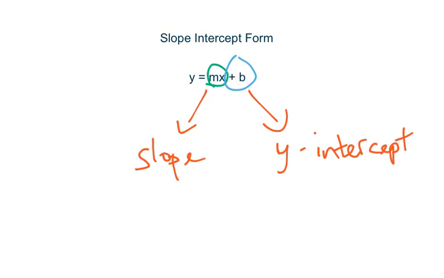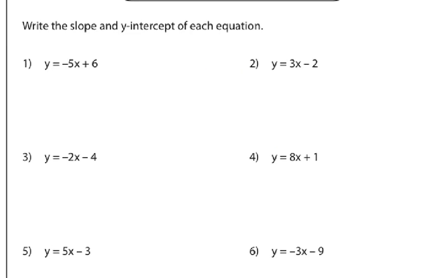Let's practice some. So in the first problem, it says write the slope and y-intercept of each equation. The slope of the first one is -5, because -5 is with the x. And the y-intercept